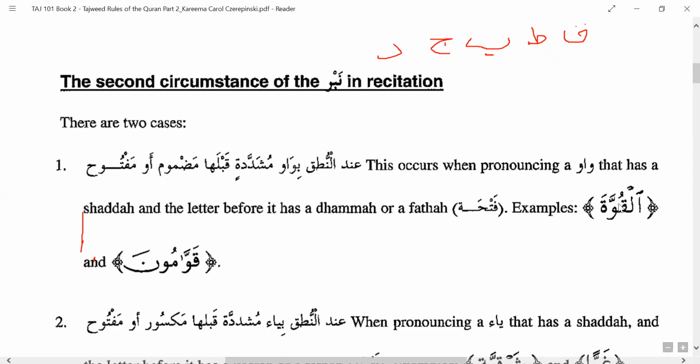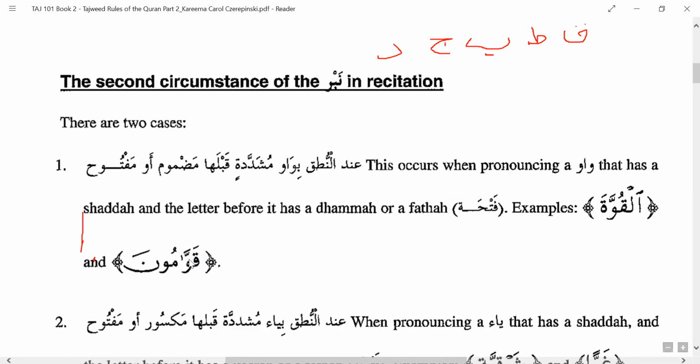If you just say qoo, it becomes a mad. You don't have to say al quwa. It should be quw. You should pronounce that wow sukoon. So you have to give that nabr, that pressure. Al quwwa, or over here qawwamuna, qawwamuna.